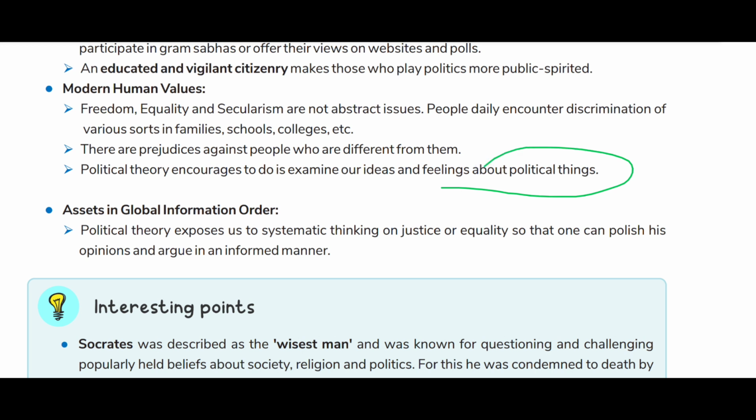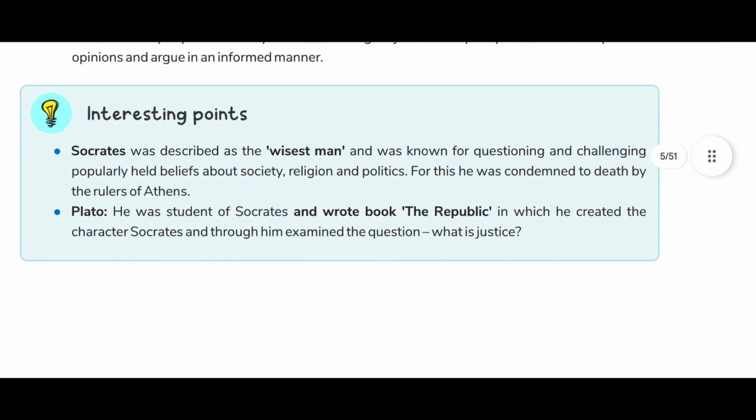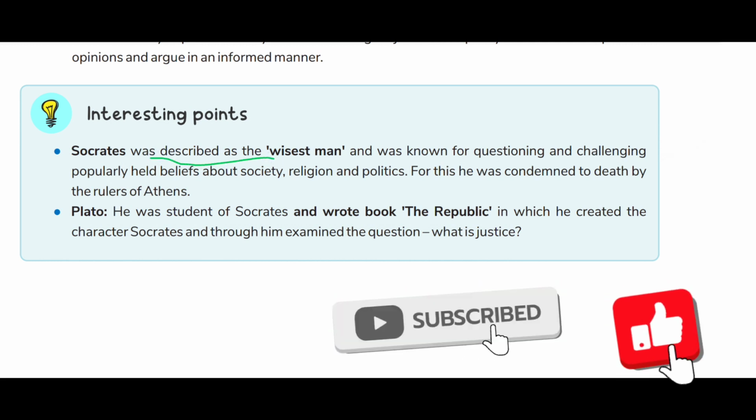Political theory is an asset in the global information order. Political theory exposes us to systematic thinking on justice or equality so that one can polish his opinion and argue in an informed manner. So, the interesting point of this chapter is that Socrates was described as the wisest man